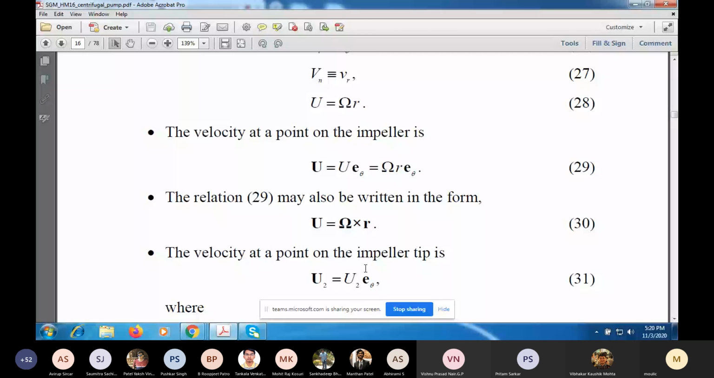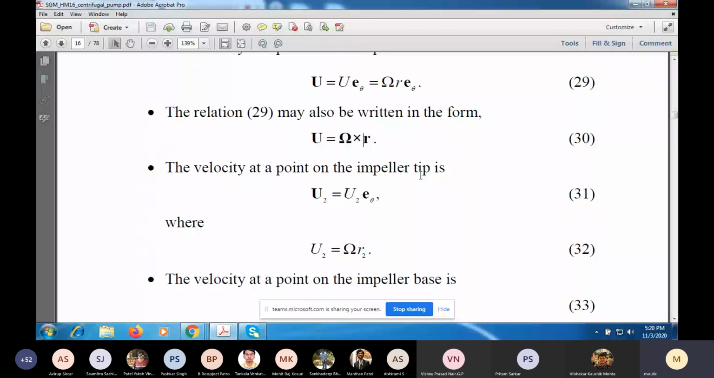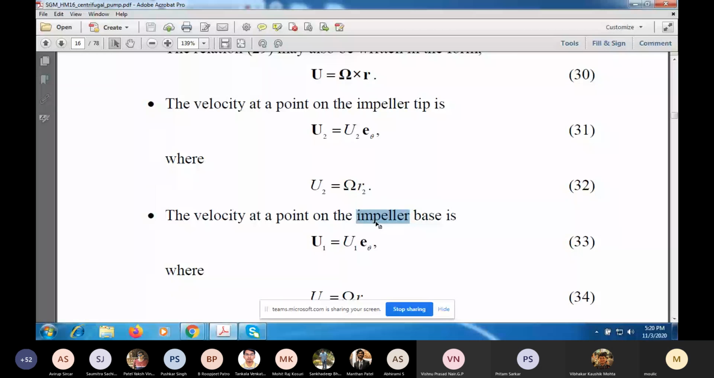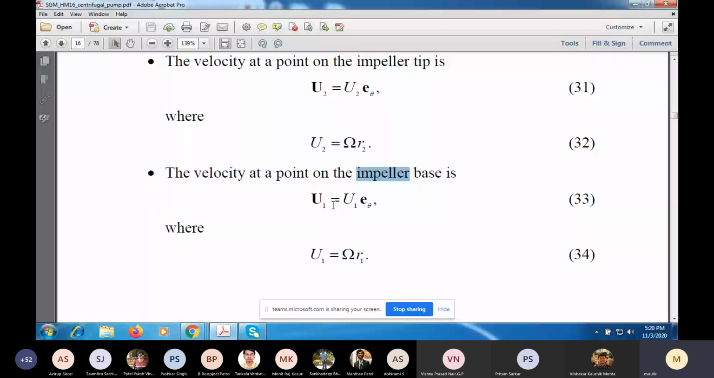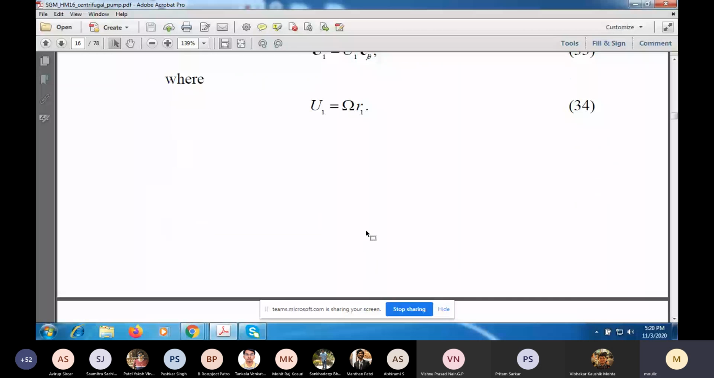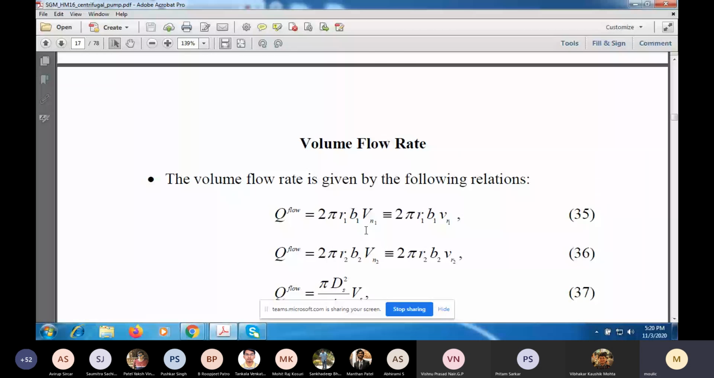Now, if you want the velocity at a point on the tip of the impeller, which is at r equal to r2, we'll call it u with the subscript 2. So the speed there is omega r2 and the velocity will be u2 into e theta. And if you look at the velocity at a point on the impeller, but at the base where r equal to r1, we'll call the vector u with the subscript 1. So it is the speed u1, which is omega times r1 into e theta. So this notation I am introducing now,